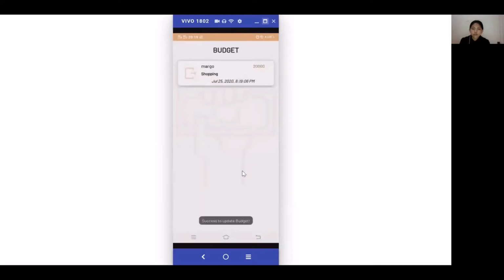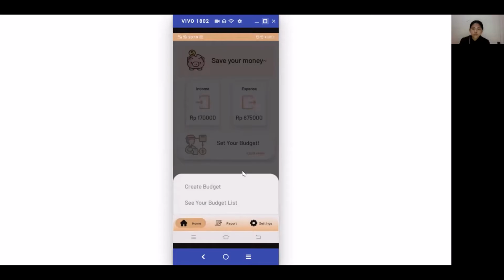update. We don't add the delete option in the budget because we think the budget is how much money we will spend for that thing. So we don't need to delete the data. And next,